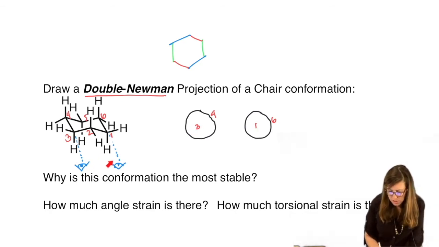Now if you envision yourself right there, would you say carbon 2 is above your head or down below your head with respect to this? Remember, we have to treat this chair as non-planar, and if we were to take the original flat hexagon that you kind of derived it from, would you say this carbon pointed up out of the plane or down? If you have to retrace this, look at how my pointer has to go up in order to come to that vertex. That's an up carbon. So it's going to meet as an up carbon.